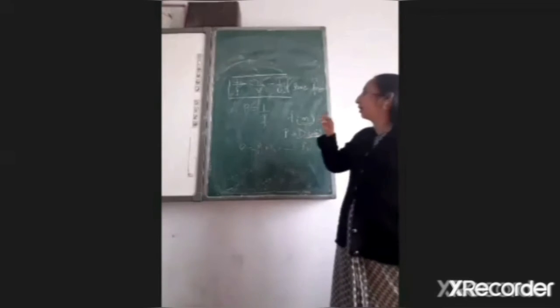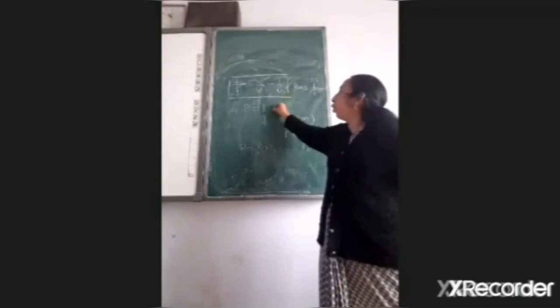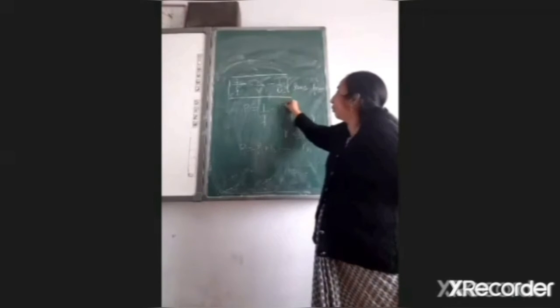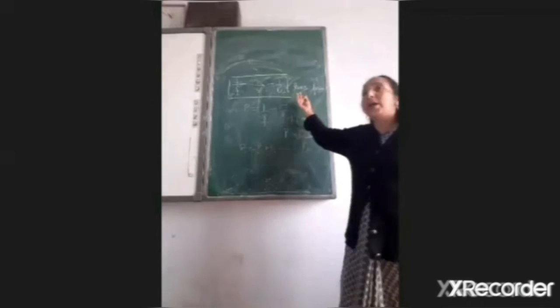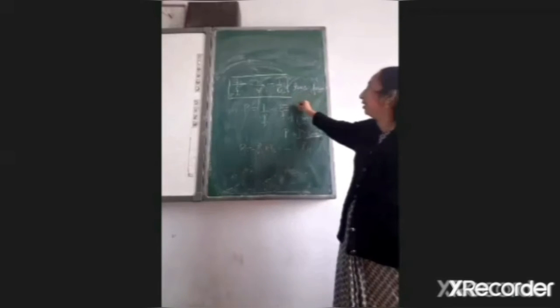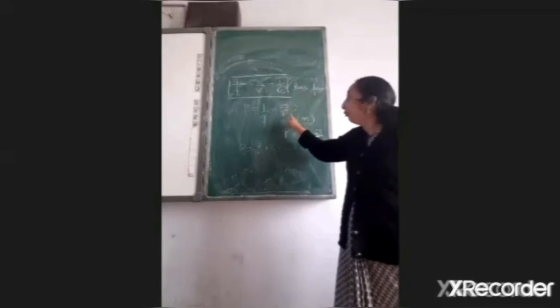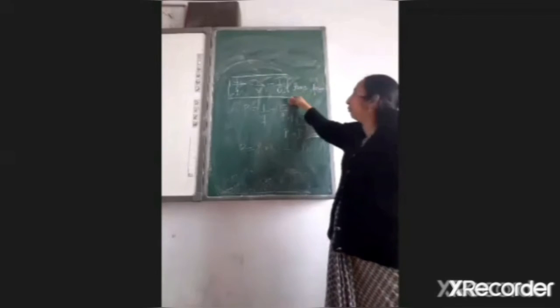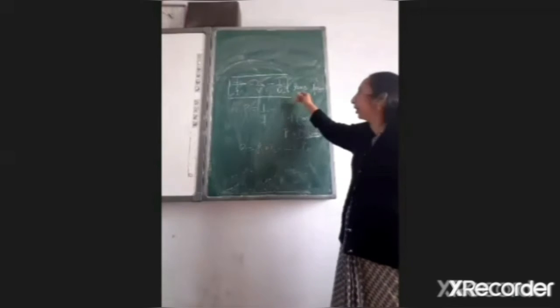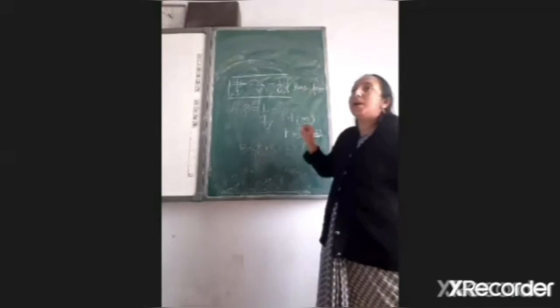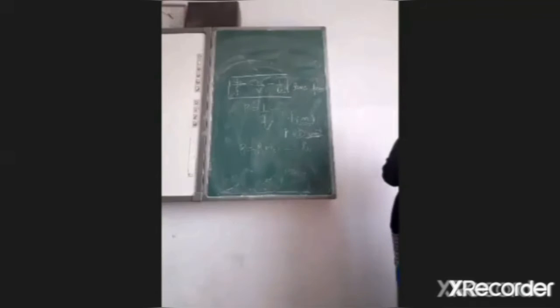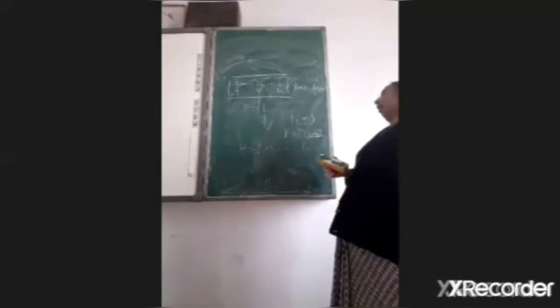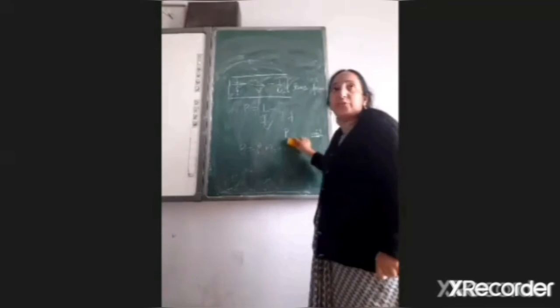In some books it is written 1 upon f, or you can say 100 upon f. Then we have centimeters. So आपका अपने आप ही ये क्या चीज हो जाएगा? It is in diopter. Because if focal length is in centimeters, so I am not writing, so you will not get confused. 1 upon f, but f should be in meters. Okay. Then, so how we will use the sign convention for the lenses?